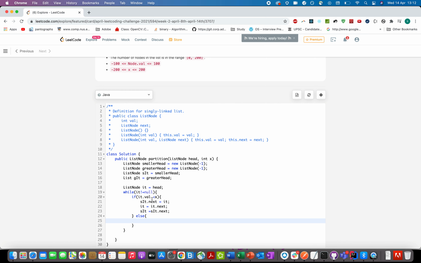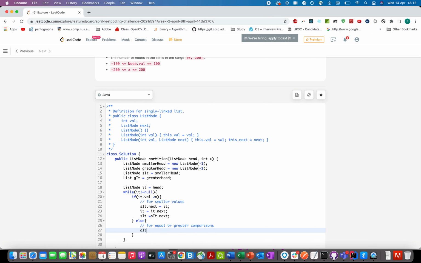Otherwise, let's establish the connection for the greater list for equal or greater comparisons, and here we found a smaller comparison for smaller values.